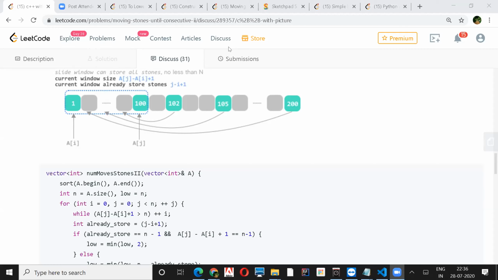No issues. Yeah. So there is one more. Can you go to the